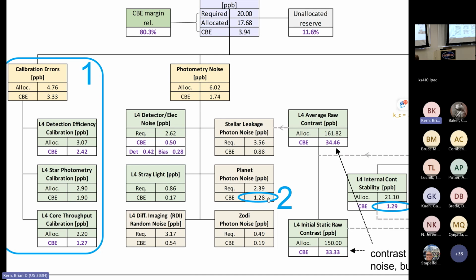In both cases, not only will I do better on the starlight shot noise with longer exposures, but all of these numbers. So if I want to decrease this number and get a good measurement on a fainter planet, part of that comes for free because the planet is fainter. Part of that comes